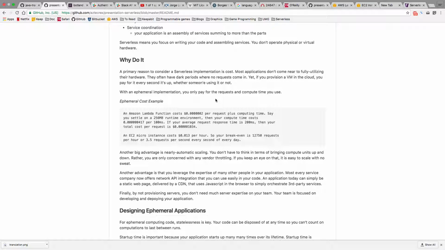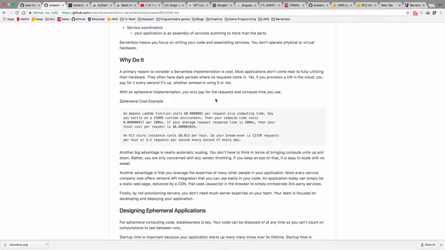So it's actually $1 per, I think, and I just said it wrong. I think it's $2 per million requests. That's what I think it is. And then they also charge you for compute time. And compute time on Amazon is a measure that they made up called gigabyte seconds.